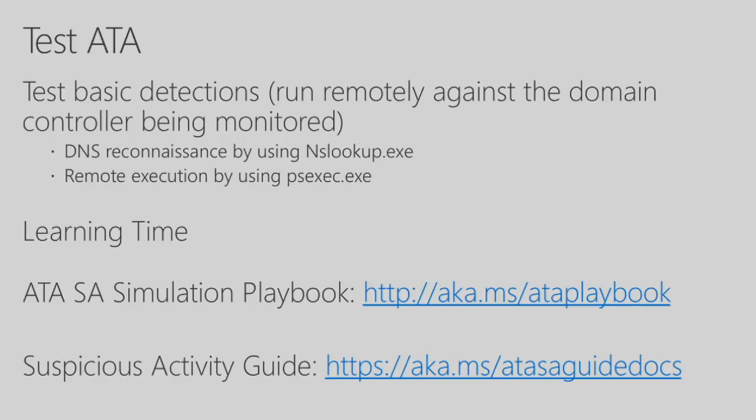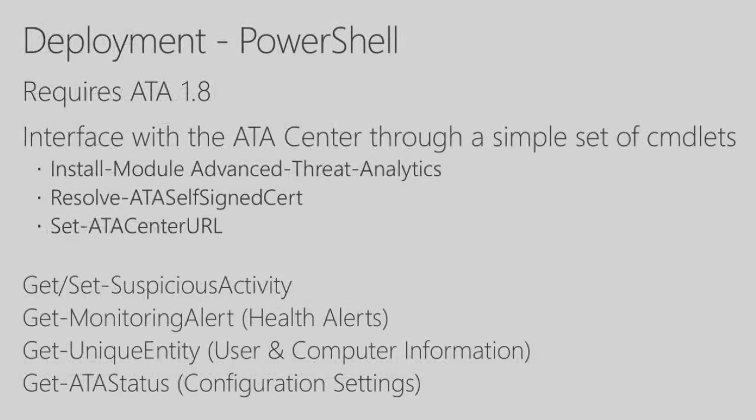And the last thing, once the attacks start to show up, usually you'll see things like, hey, a golden ticket showed up. So if you're not familiar with what a golden ticket is or what you should do to triage that, you can take a look at our suspicious activity guide, which basically will tell you what every attack is, a quick description of the attack, and what steps you should take to quickly remediate it. And we have ATA ready.